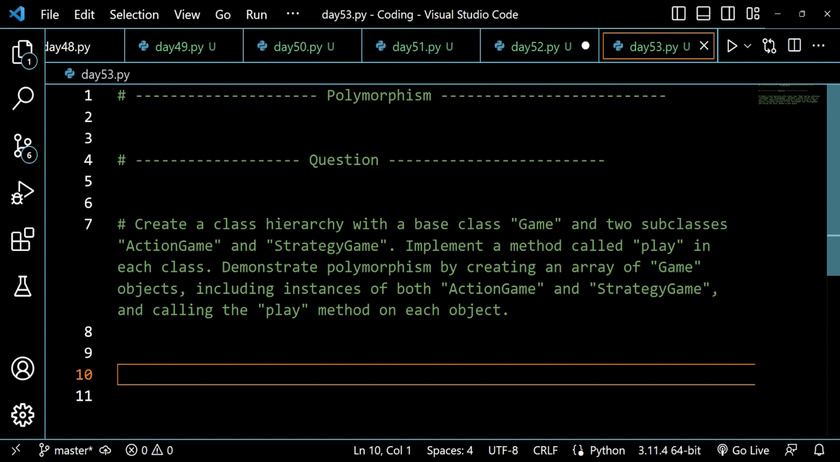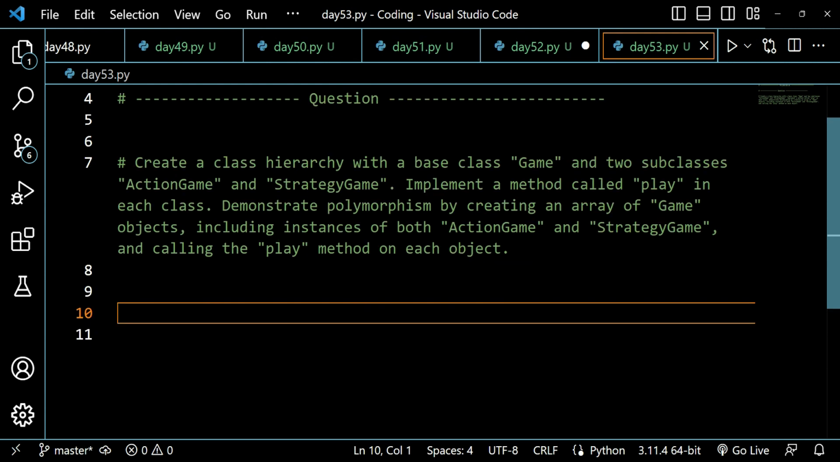So let's start this tutorial with the question: create a class hierarchy with a base class, game, and two subclasses, action game and strategy game. So let's do this step by step. So first of all, I would